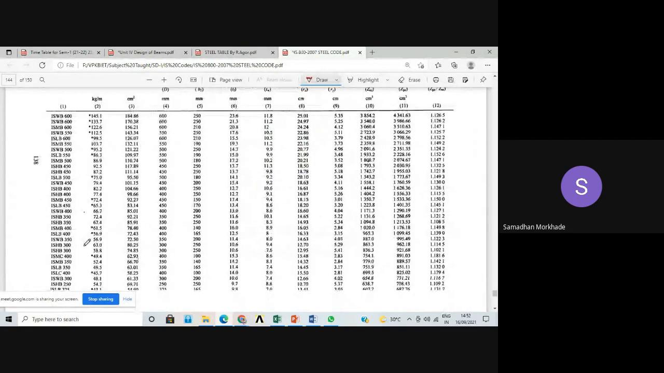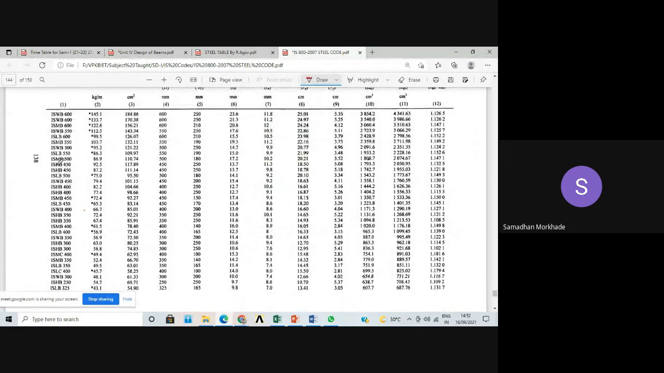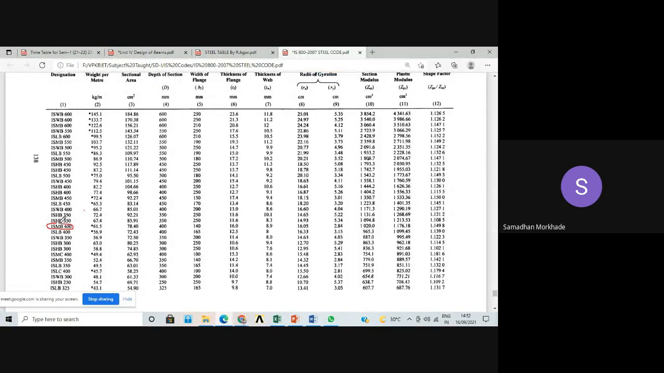Where is ISMB 400? This is ISMB 500. ISMB 400 is where? Yes, this is the section. So its weight is 61.5 kg per meter. Okay, this is the area, width of flange, depth of the section, h. The width of the flange is 140 mm, thickness of flange is 16 mm, thickness of web